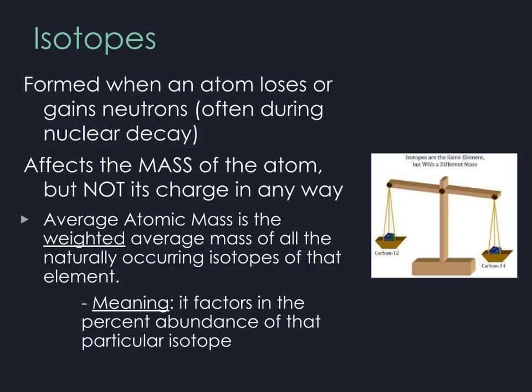And the same thing holds true with isotopes. If most of the particles of carbon in the world are carbon-12, then carbon-12 should have a bigger impact on the average. I wouldn't just take 11, 12, 13, and 14 and divide it by 4, because that's not a weighted average and that wouldn't give me a real good, accurate representation of what the carbon is like on planet Earth, okay? So we need to factor in the percent abundance for that particular isotope. In a couple slides, I'm going to show you how we calculate that, but first,